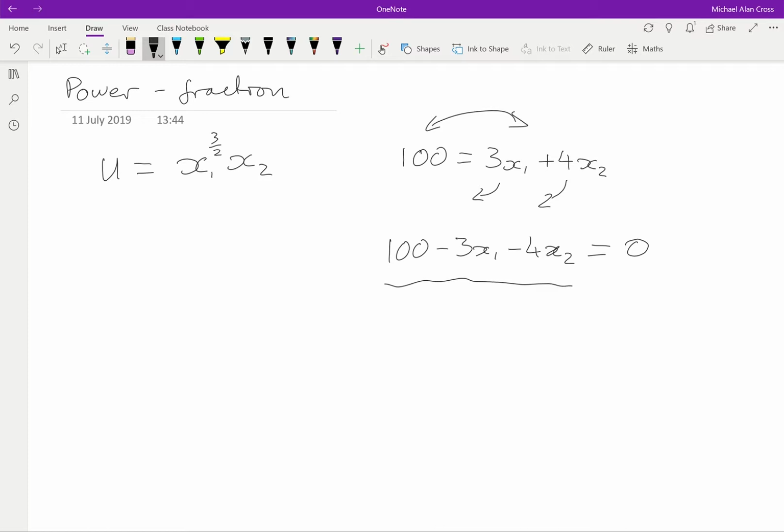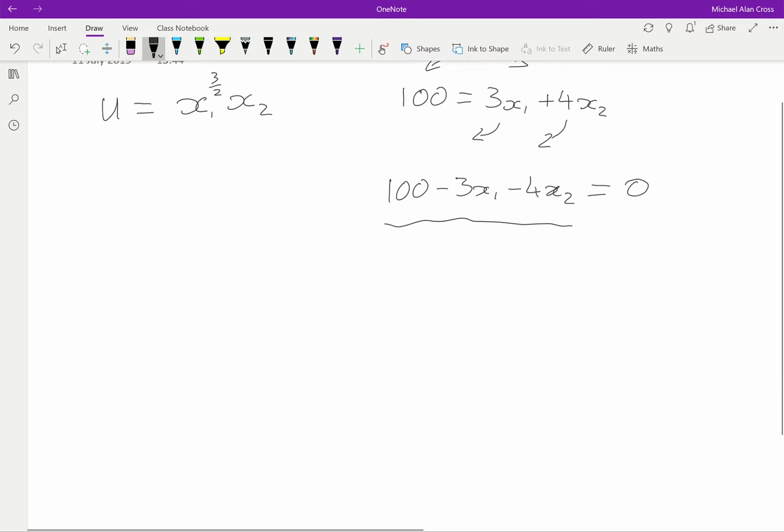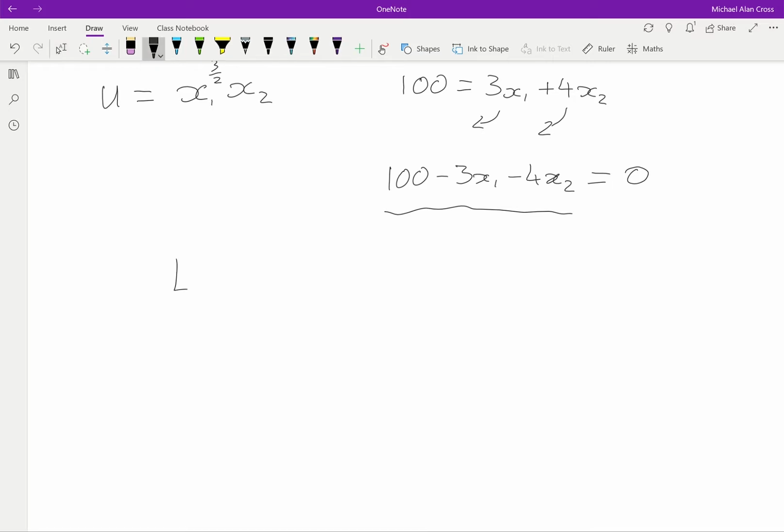That's our rearranged constraint. So now we're ready to create the Lagrangian, or however you say it, which is the utility bit plus a multiple of the rearranged constraint. And now we're going to differentiate, but there's something we need to know, which is that if you have, so I'm going to change, I'll just put a